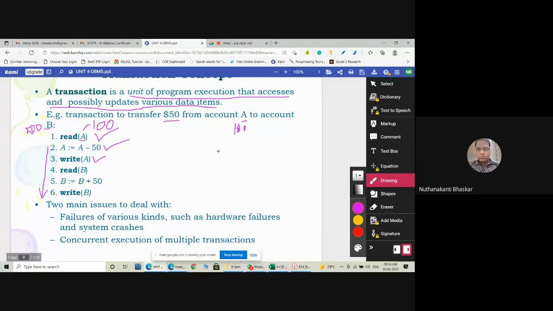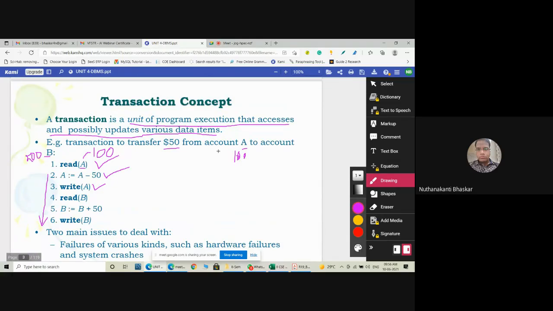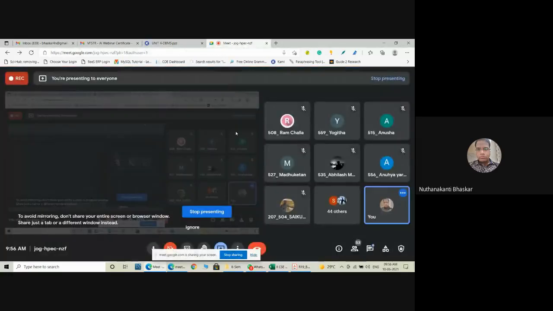One more definition I can tell you here, please everyone remember: whenever you want to perform a transaction, we have only a collection of two operations. One is read, the other is write. It is a collection of read and write operations. Yes or no?